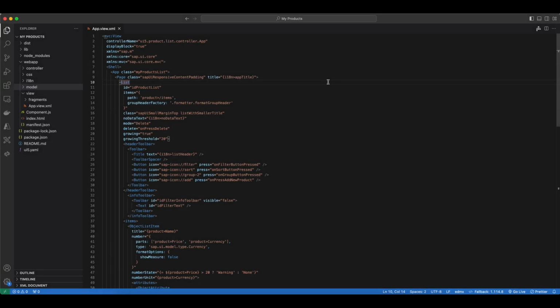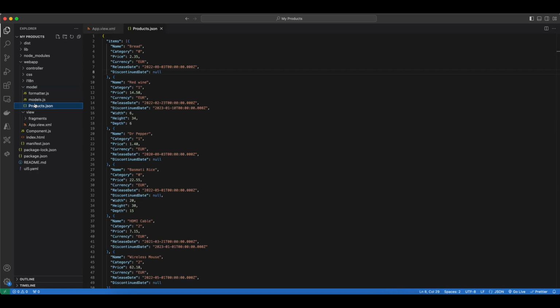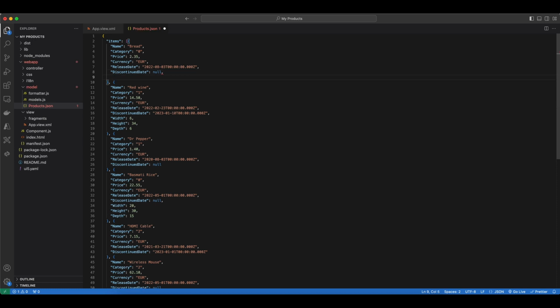Hello ladies and gents, in this video we will see how we can implement filters and sorters for our list here directly in our XML view instead of doing it programmatically in the controller. First, let's go to our model folder and products.json file and add a new field to all our products, which